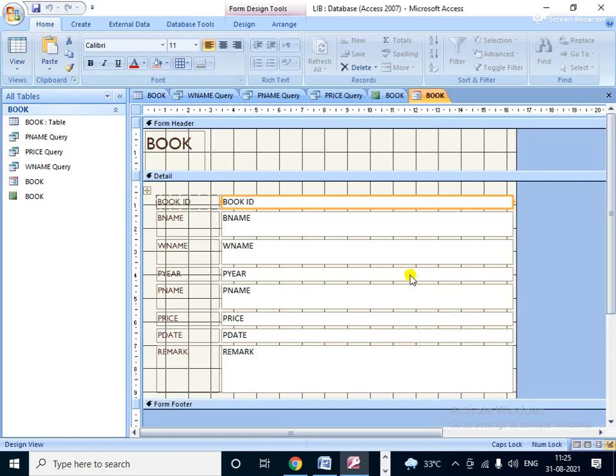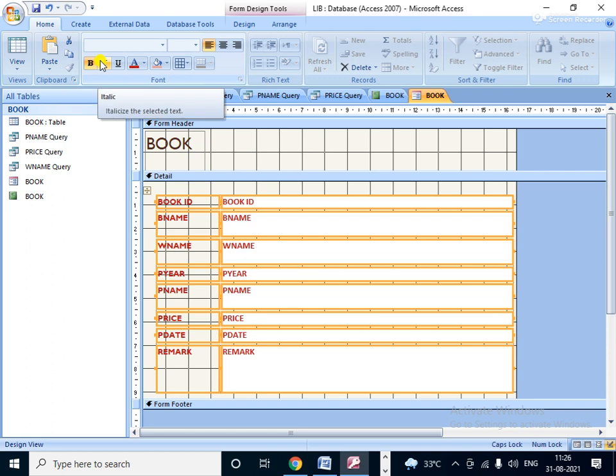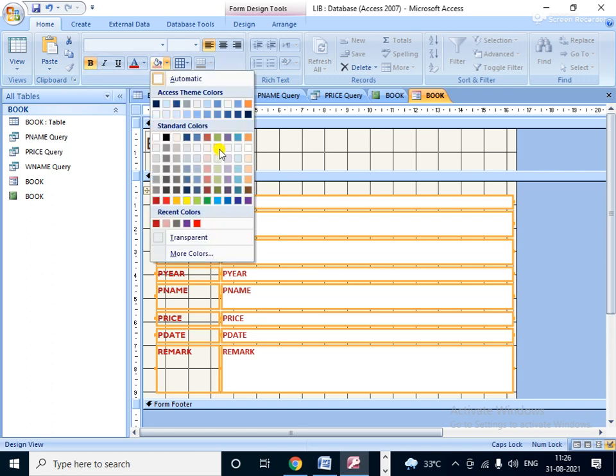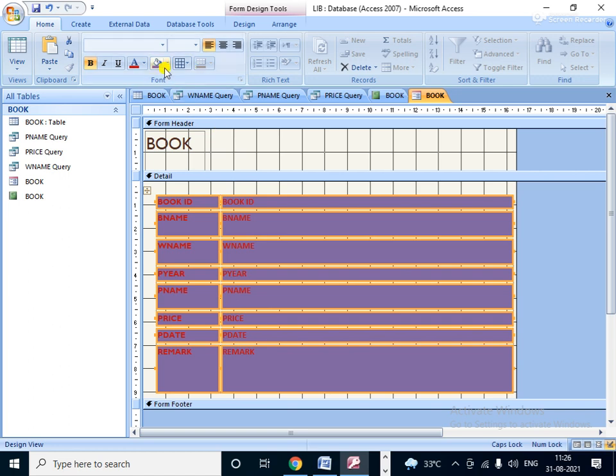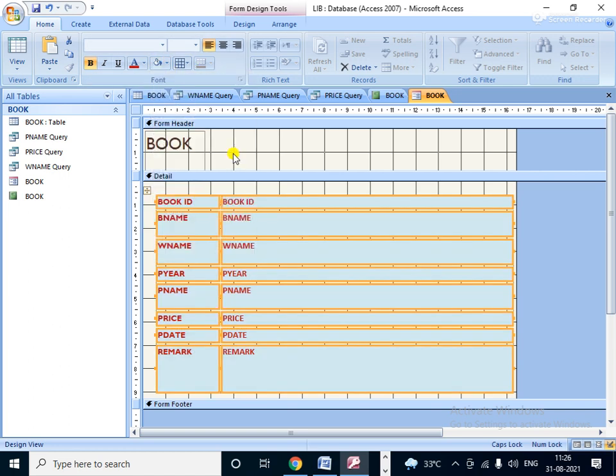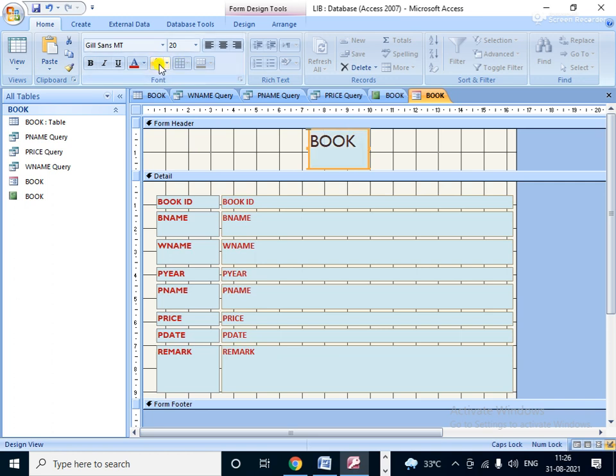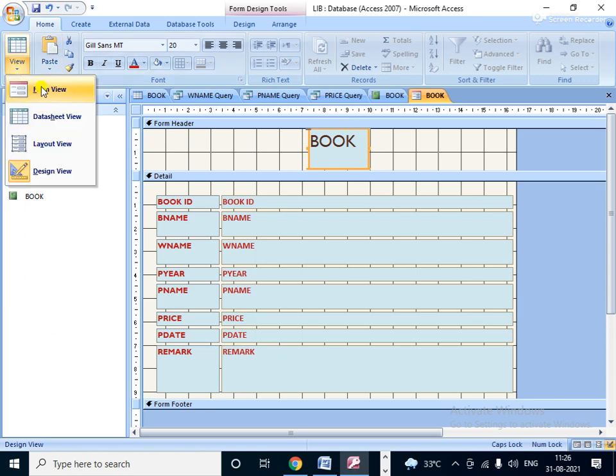Here is also the same part. If you want to change, then you change it. Okay, I am changing. Just wait. Just click over there, hold it, and select like this. If you want to change the text format, that is bold, and here are the colors and background color. If you want to change the background color, you can change it also. Okay, nice. Good.